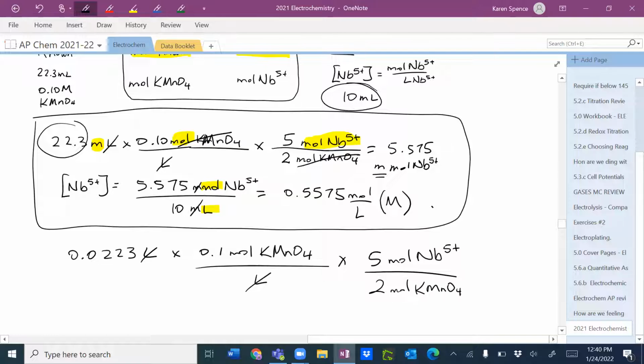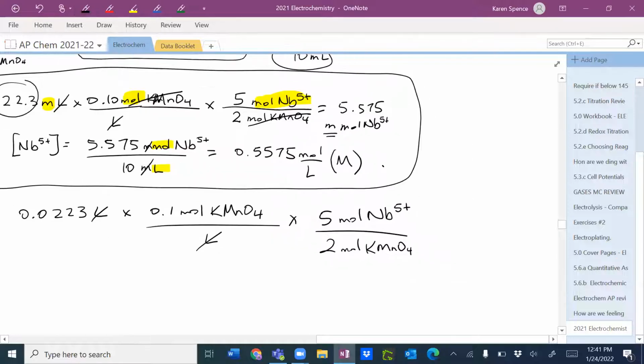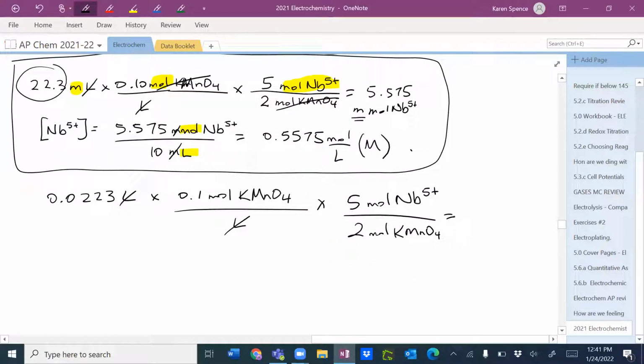And if you chose to write just MnO4 minus instead of KMnO4, that would be totally fine. Either way, nobody's going to care because you can either put the spectator in there or leave it out. In this case, it doesn't matter. And for this one, you get